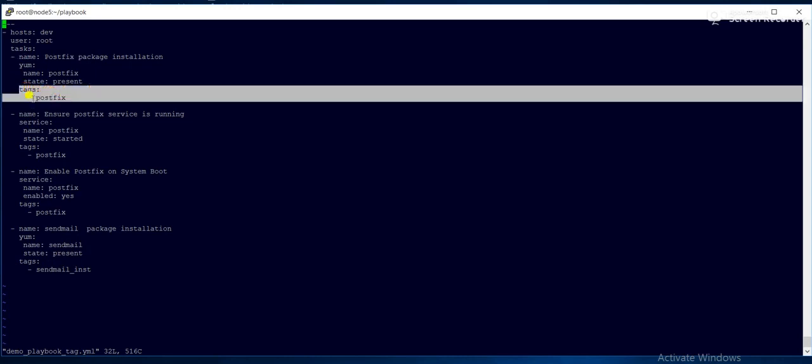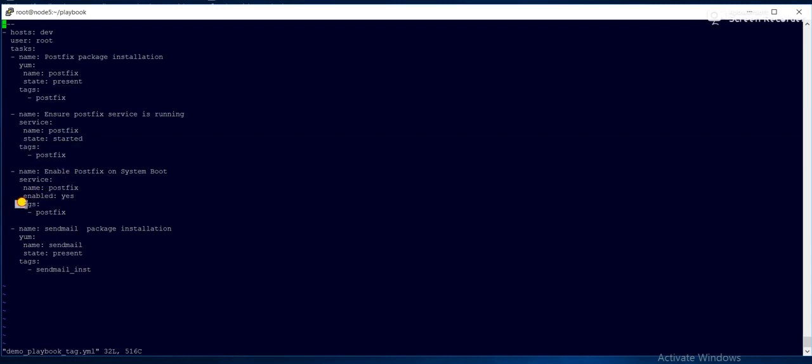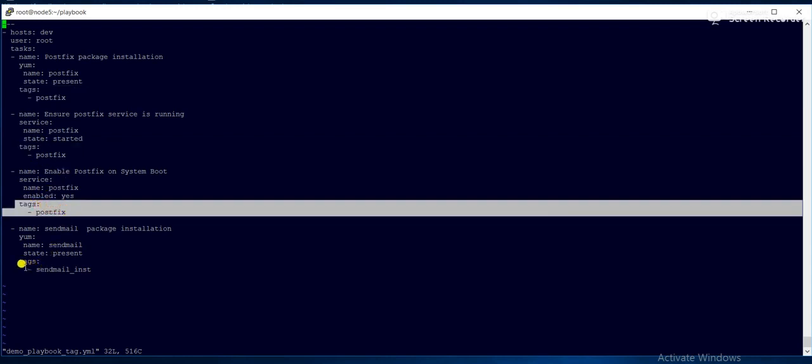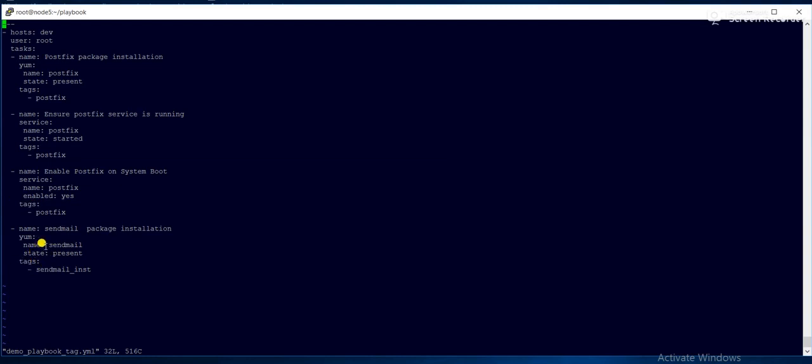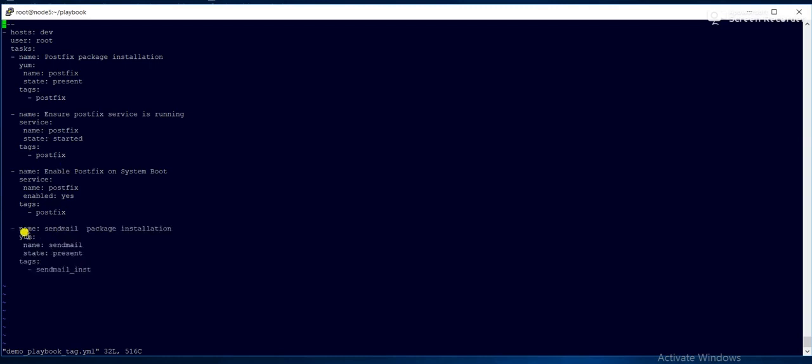I have given the tag postfix here, postfix here too, and postfix in this one as well, but for the sendmail installation I have given another tag, sendmail_inst.